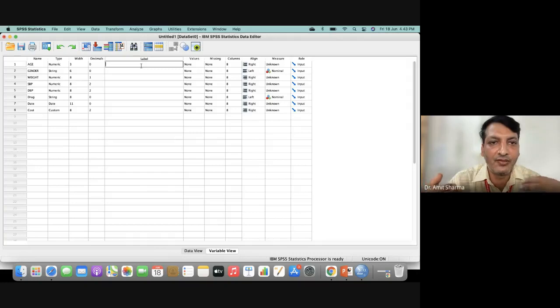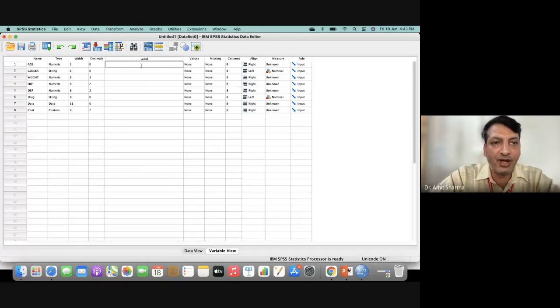But what is the benefit of filling this? Whatever graphs or tables are made by the software, each table and each graph will have a heading on the top and something written at the bottom. It will show the same thing which you add here.